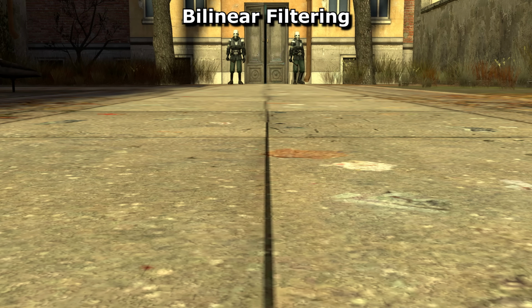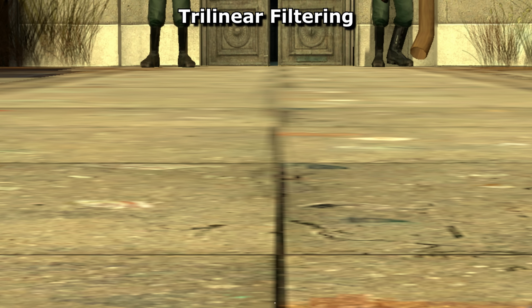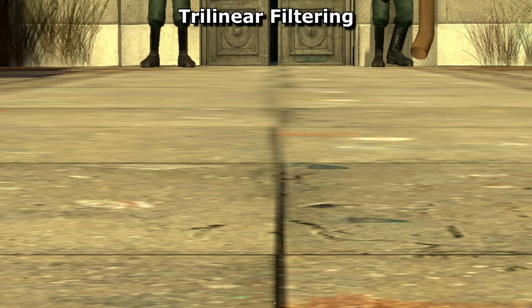Check out these paving stones and how quickly that black line between them goes all jazzy. You can pretty much see the lines where it jumps from one version of the texture to another. Not cool. If only there was a way of more smoothly fading between each different version. And that's what trilinear filtering does. It doesn't extend the draw distance at all, but it does at least fade between the different texture qualities more correctly and smoothly than bilinear does.